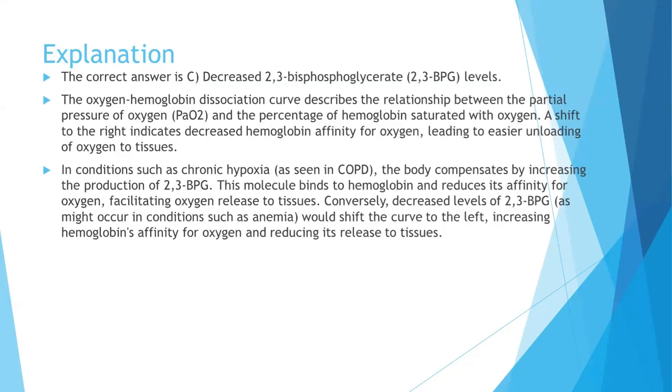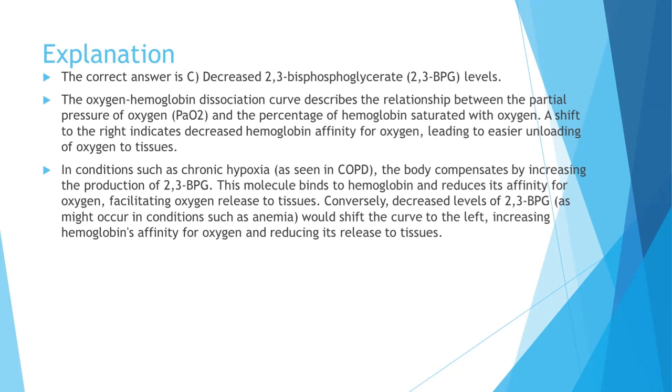So the correct answer is C, that is the decreased 2,3 BPG levels. So the oxygen hemoglobin dissociation curve, which we will discuss in a minute, describes the relationship between the partial pressure of oxygen and the percentage of hemoglobin saturated with oxygen. A shift to the right indicates decreased hemoglobin affinity for oxygen that will lead to the easier unloading of oxygen